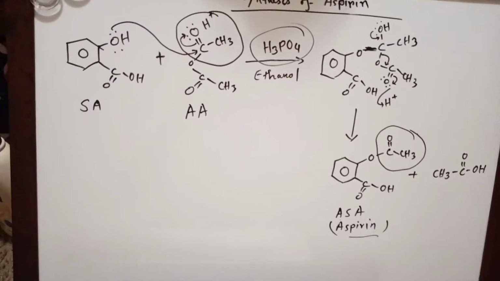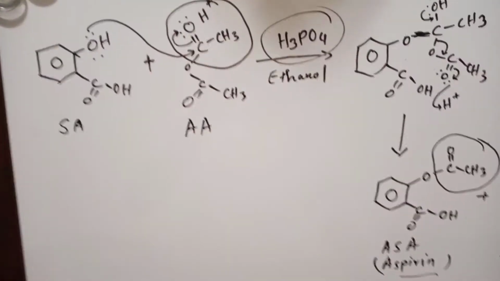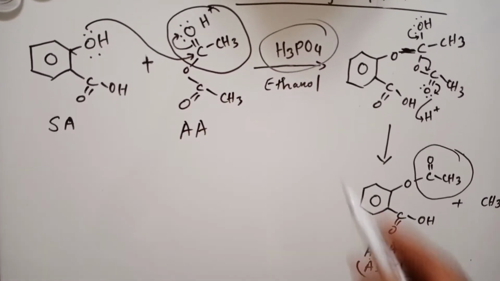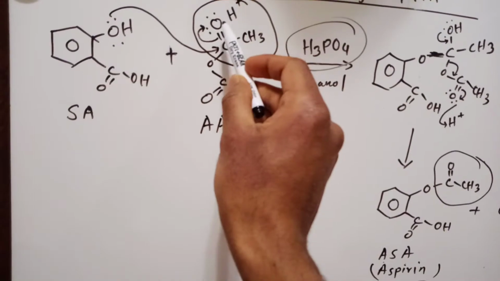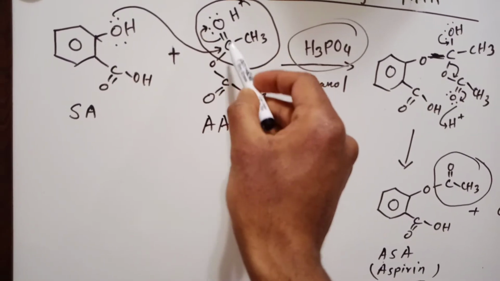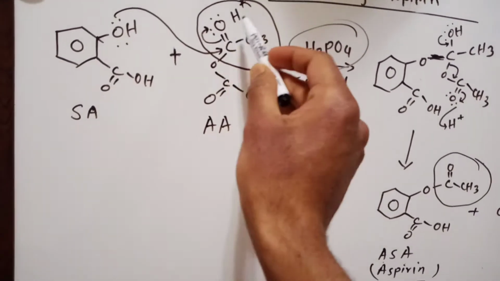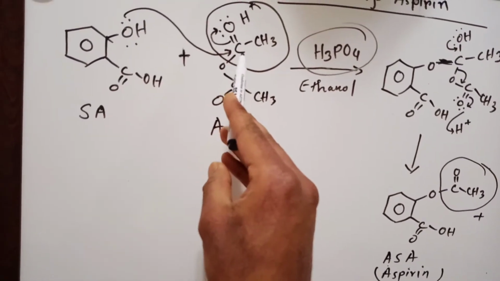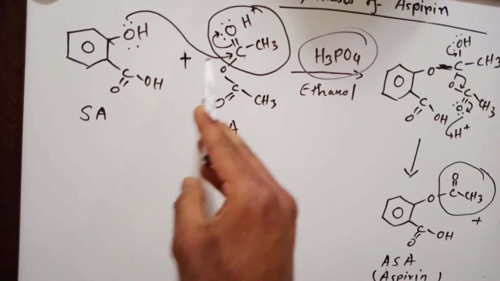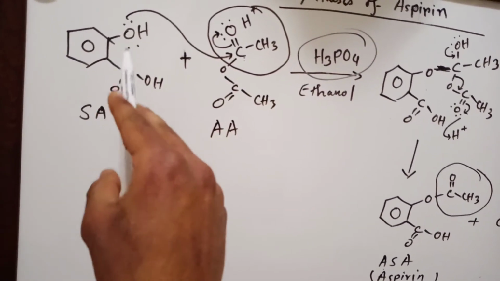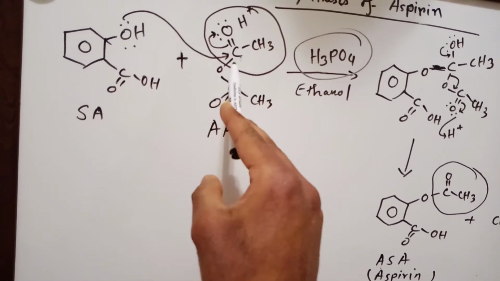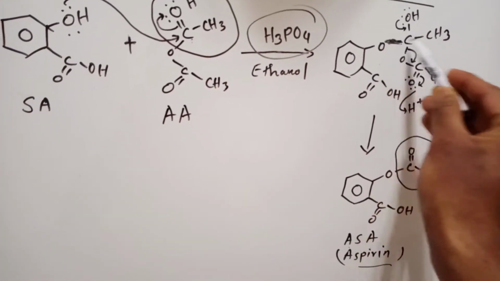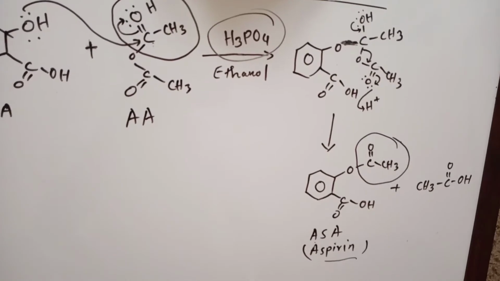So what will phosphoric acid do? This phosphoric acid will provide a proton, and this proton will go to the oxygen of acetic anhydride. So it will make the carbon more electrophilic. Then the OH group of salicylic acid will attack the carbon, so that a bond will form here, this bond. And at last